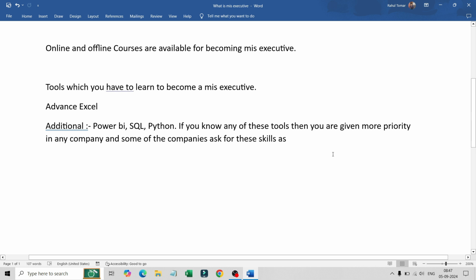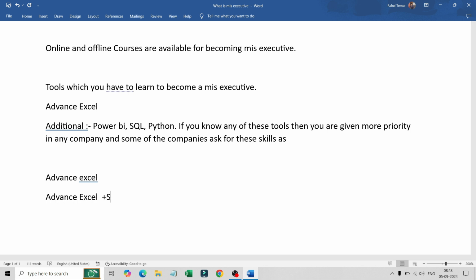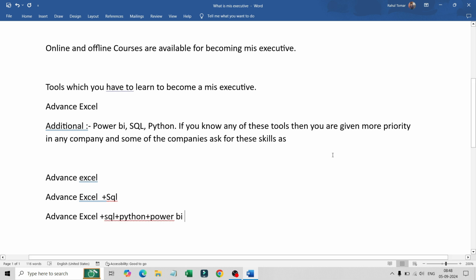Like I have shared before, some of the companies ask for only advanced Excel, which is in small companies, and some of the companies ask for advanced Excel plus SQL. SQL is used to extract data from data sources. And some companies ask for advanced Excel, SQL plus Python plus Power BI. And if you know all of these tools, then you should not enter the MIS field, I think. MIS level is the lower level. And if you have knowledge of all of these tools, then you can definitely be